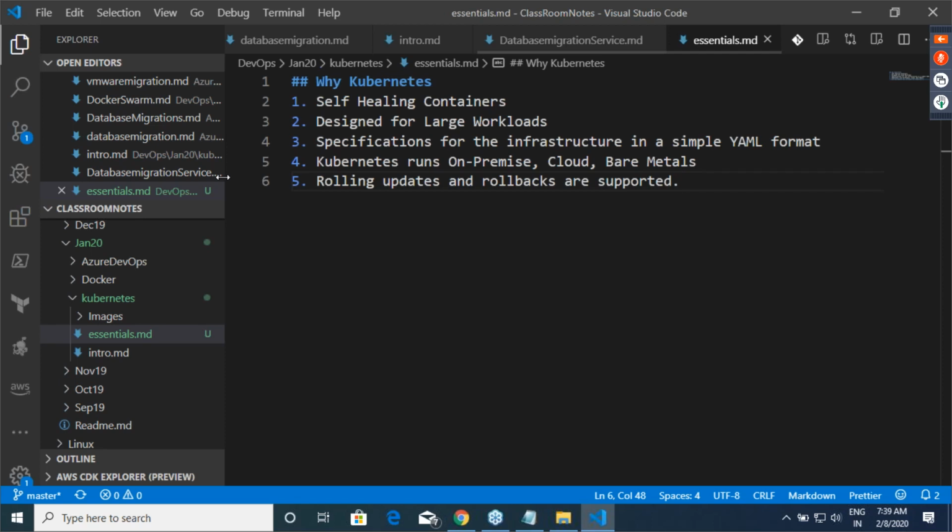As an administrator, as a developer, I have a different workaround, but our focus is basically on CI/CD pipelines. And in CI/CD pipelines, what we write is specifications. Right? Okay. And Kubernetes basically runs almost on every possible environment. You can run it on VMware in your office. You can run it on cloud. Right? You can run it on individual machines. Okay. There are some versions of Kubernetes which can run on your laptops also.